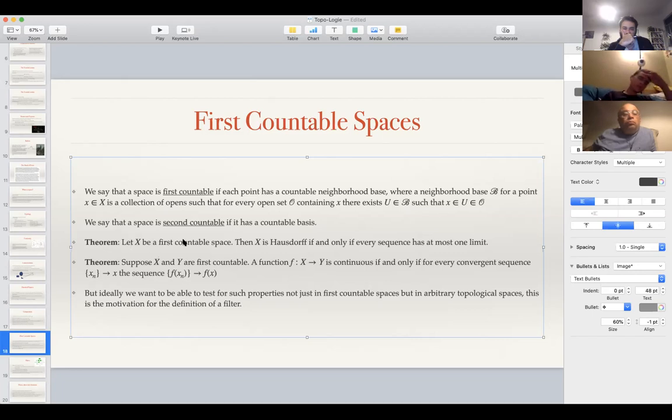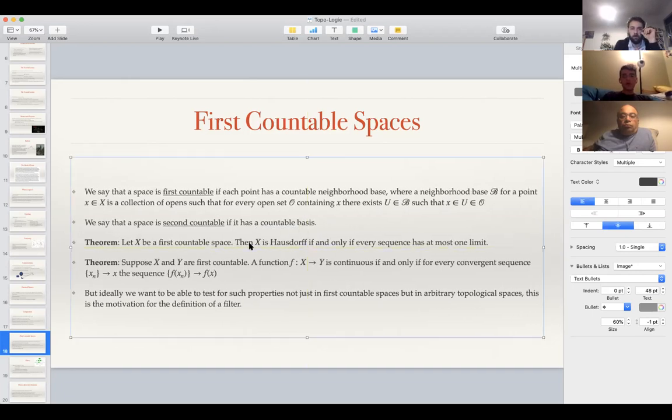So this first theorem is that if we have a first countable space, then being Hausdorff is equivalent to each sequence having exactly one limit. That's really useful. It's saying anytime I have a sequence, if that sequence converges, it converges to one thing. Not like in the case of that line with two points, where you can't approach 0 because then it's going to approach both of them. So in a first countable space,